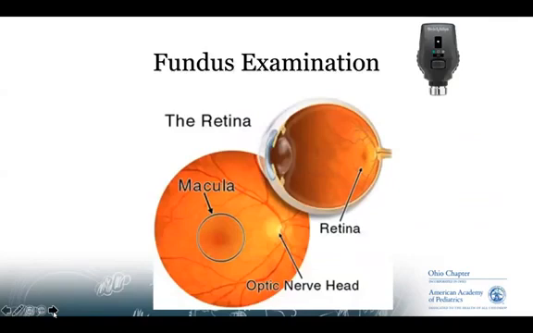You can also use the direct ophthalmoscope to attempt to look at the fundus, realizing that especially in uncooperative children in an undilated eye, this can be quite difficult, but still, to get better and to hone our skills, we should be doing this at each well child, looking for the macula and the retina and the optic nerve head. And if you have any concerns, be sure to contact a pediatric ophthalmologist.